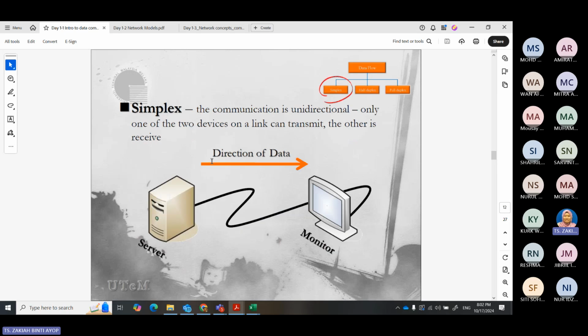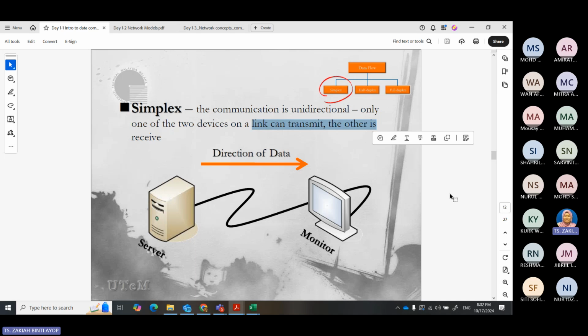Simplex is the communication that uses a unidirectional flow, where only one of the two devices on the link can transmit while the other receives it. For example, we have a server and a monitor. The direction is that only the server can transmit and the monitor will receive it.